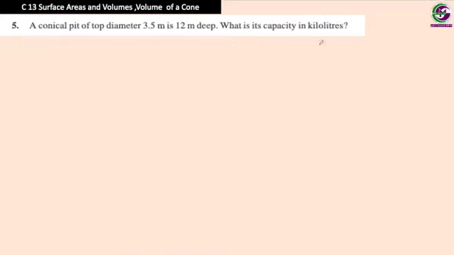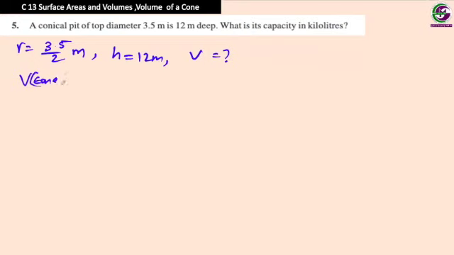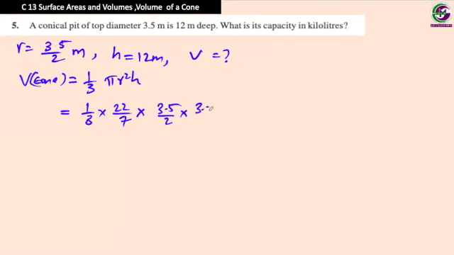Question 5. A conical pit of top diameter 3.5 meters. So radius is 3.5 divided by 2 meters. Deep means height is 12 meters. And what is the capacity? Volume is the question, in kiloliters. So let's find the volume. Volume of cone is 1 by 3 pi r square h,